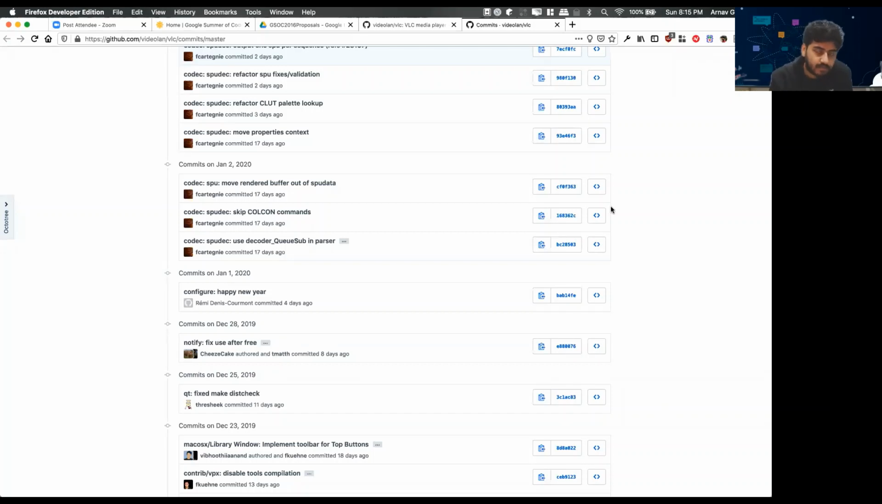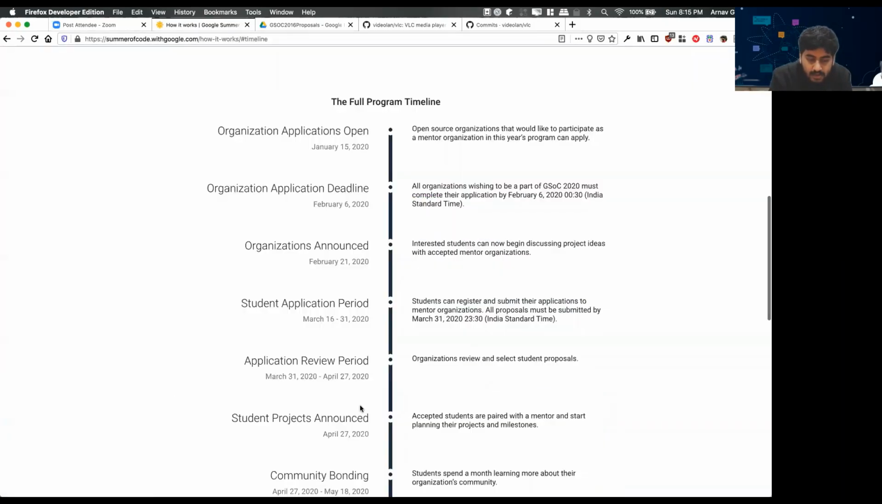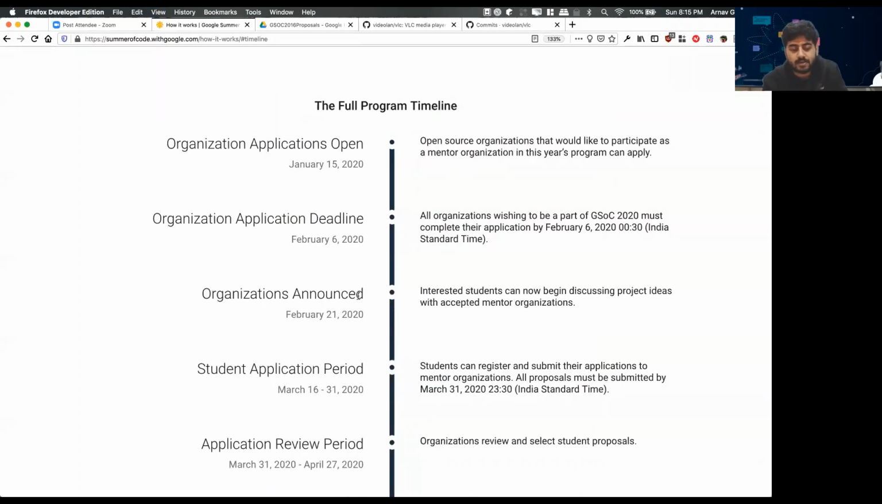So that's roughly what it is. Now, how it plays out is that you have a timeline. As you can see, this is the timeline of the project. Have it open on the screen right now. In a few days, on January 15th, Google would be inviting